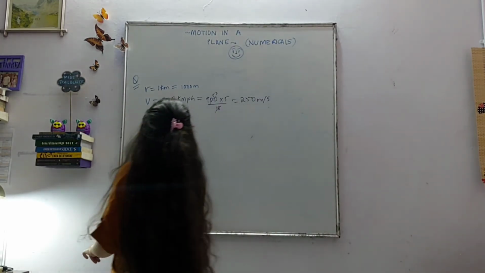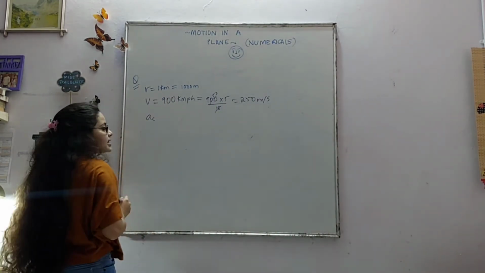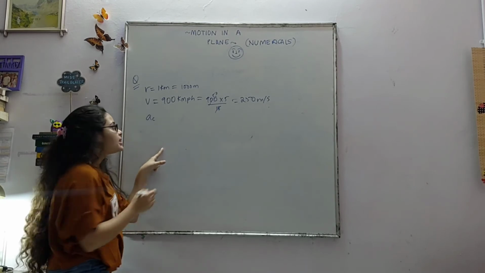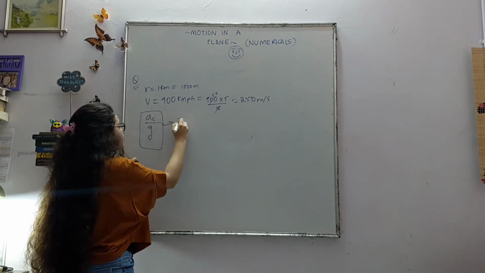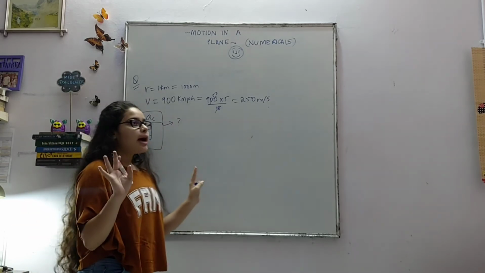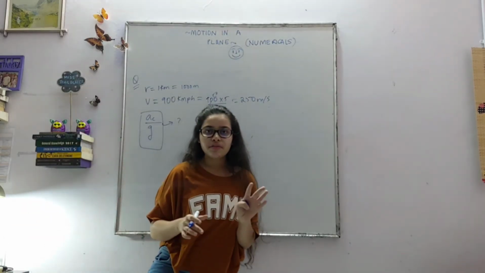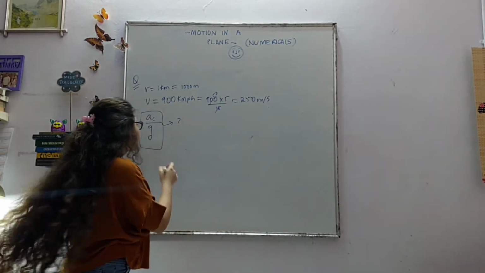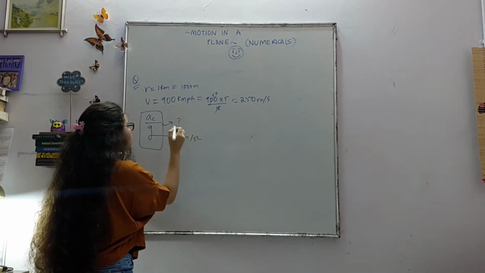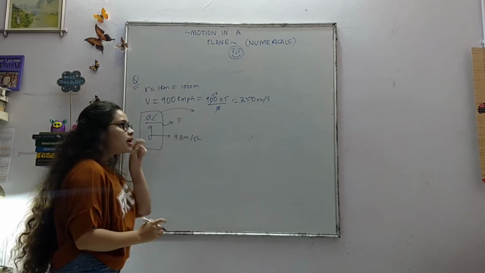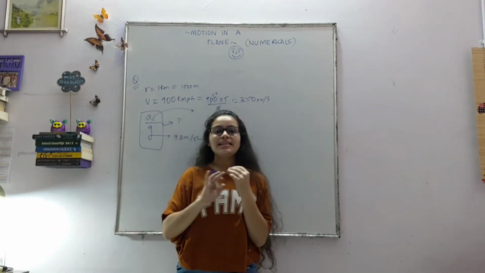Alright? You have to find the ratio of centripetal acceleration, that is AC, and G. This ratio is to be found out. Main question. Now what happens here is that you kind of get confused, but there's nothing to worry. Because G value you already know is 9.8 meter per second square. What you need to find is AC. Now here again, there's nothing.